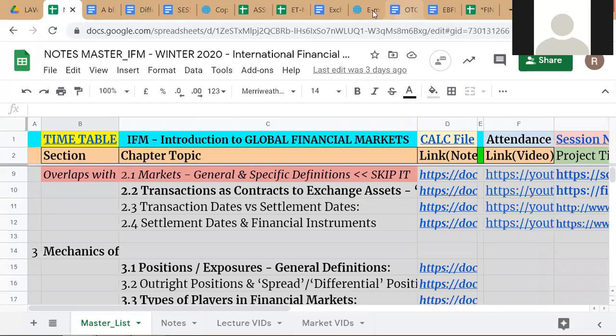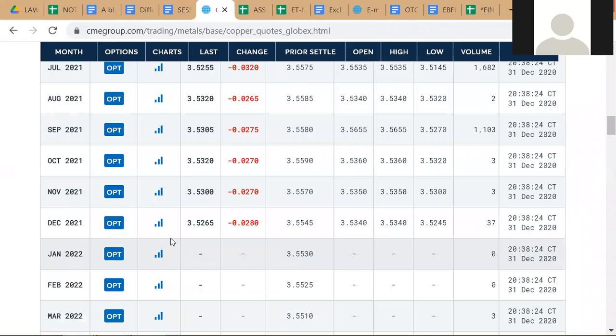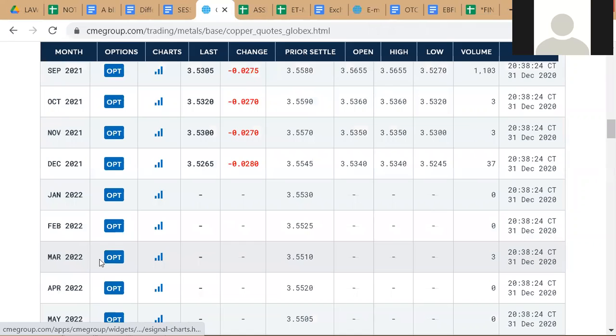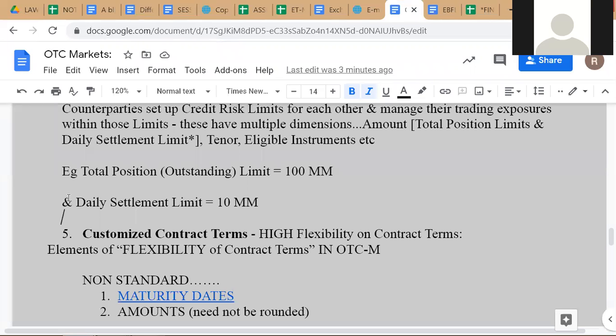Right, now, as you can see here, you can have a contract maturing in March 2022, which you would enter into today, but the final settlement will happen at this point of time. So what we're talking about here, when we talk about credit limits, is